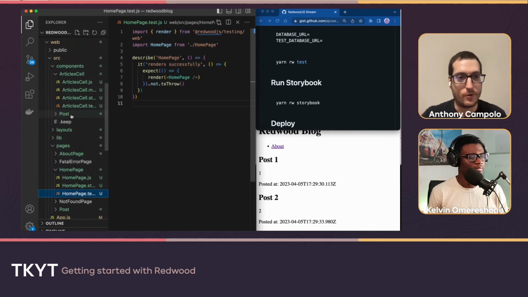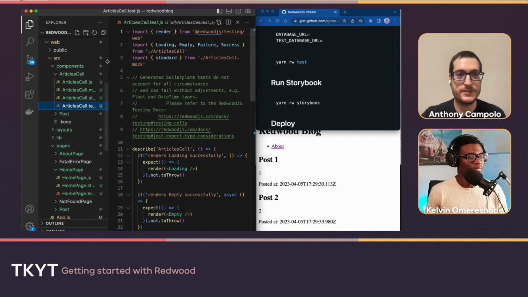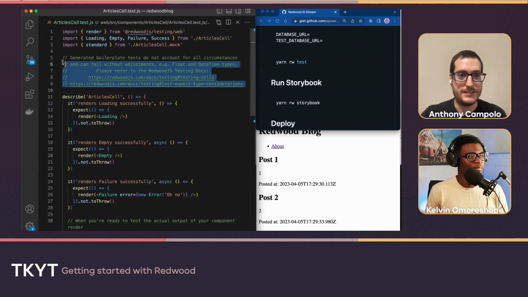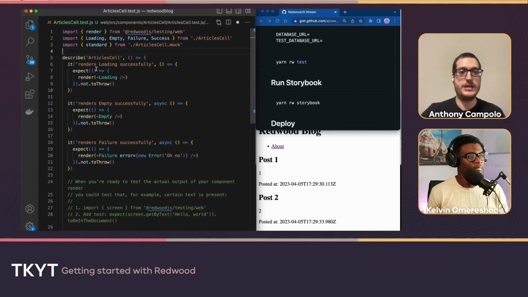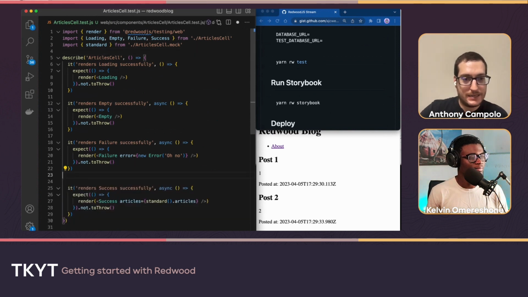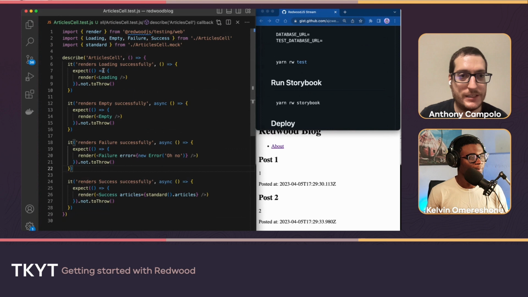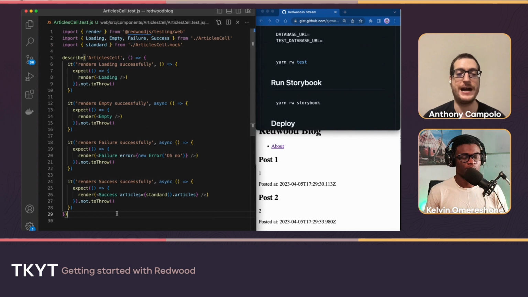And then for your cells, you're also going to be able to test those. Here, we're already testing all of the different states: whether the loading works successfully, whether the empty works successfully, the failure, and the success. So this is testing and verifying that each of your individual cell logic functions are all working as intended.